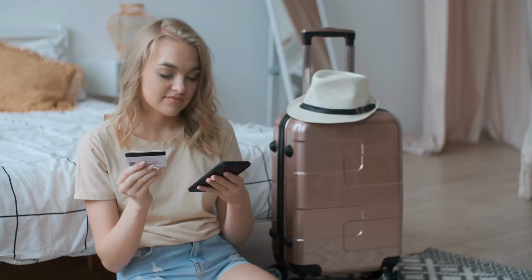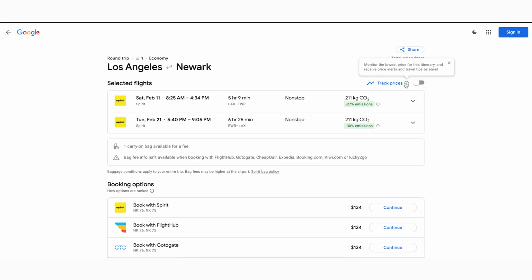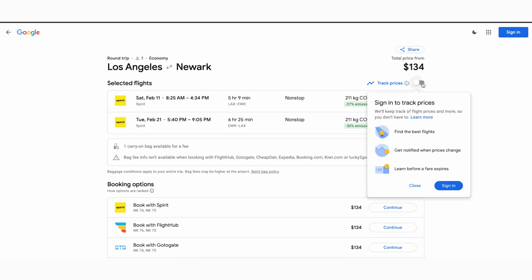But if you do decide to hold off on making the booking, another aspect of Google Flights price tracking capabilities is the option to set up price alerts and get notified by email when the price of a flight goes up or down. There are plenty of other features that make Google Flights my preferred website when searching for flight